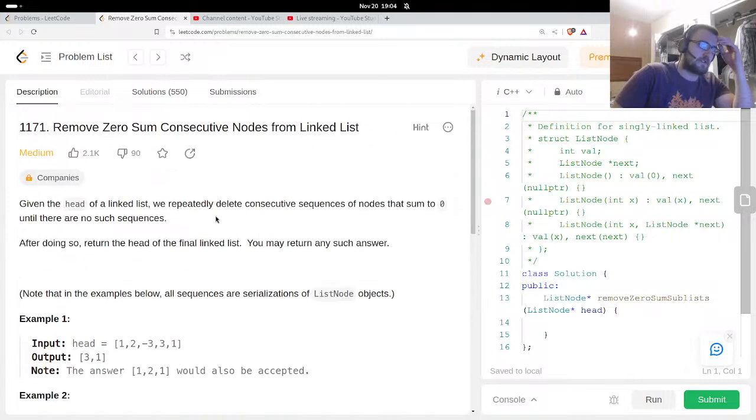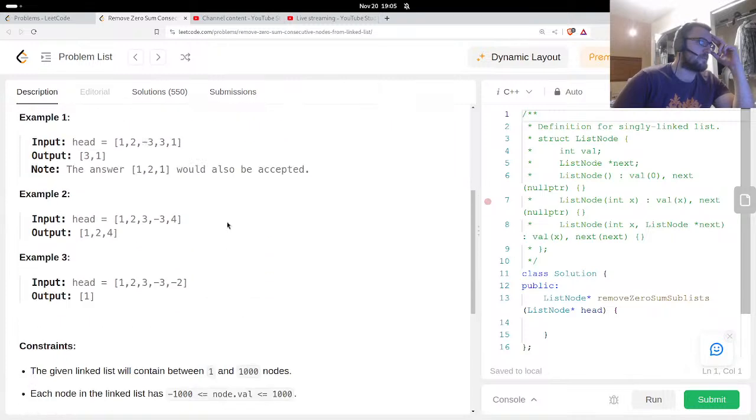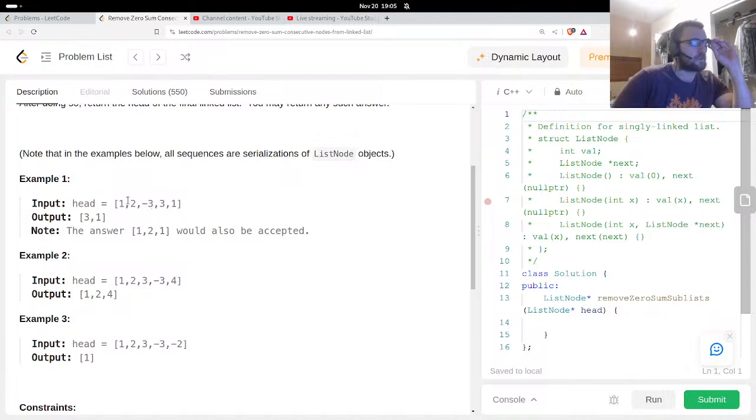I think quadratic time algorithm is the easiest. You just want to start from a particular node and then move to the right to see if this sum ever goes to 0, and then you can delete that section. But if it doesn't, then you go to the next node. I think quadratic time is the way to go. There may be a way that's a little bit faster, but I'm not going to spend too much time trying to figure that out. Because what could happen is, let's say this doesn't go to 0 at any point,